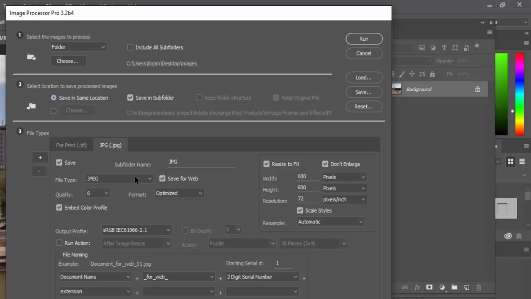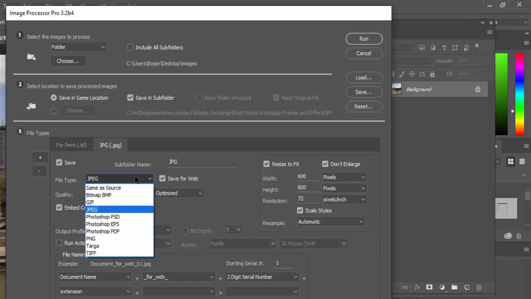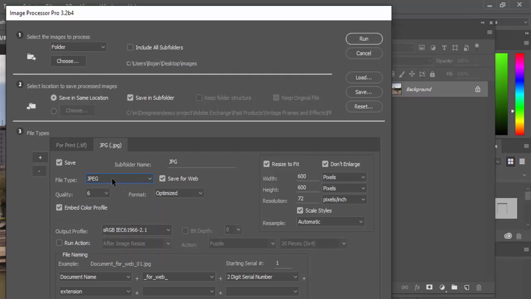Then you have file type. You have several file types to select. It's JPEG, Photoshop PSD, PDF, PNG, Targa, TIFF, and so on. And I will check JPEG for now. And let's say that you want to process images from your folder. You want images for print, and you also want smaller versions of those images to post on your web blog